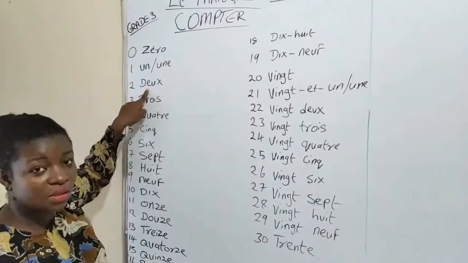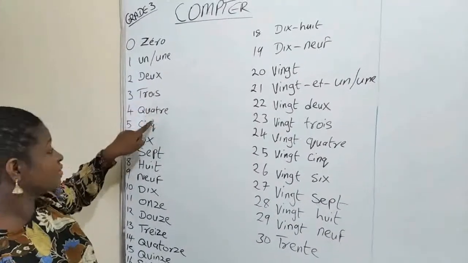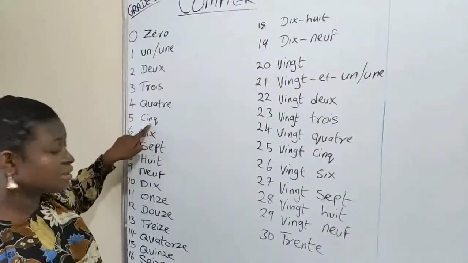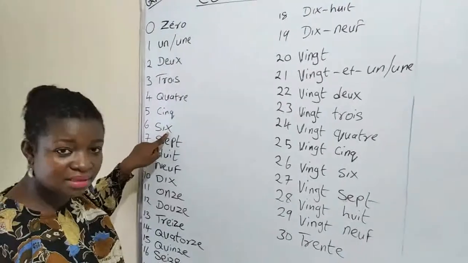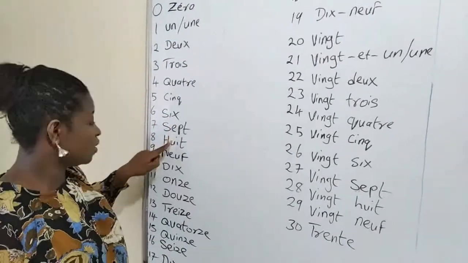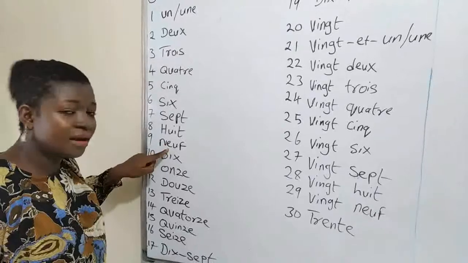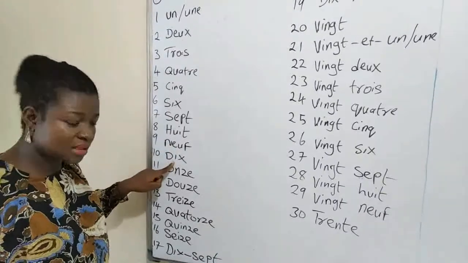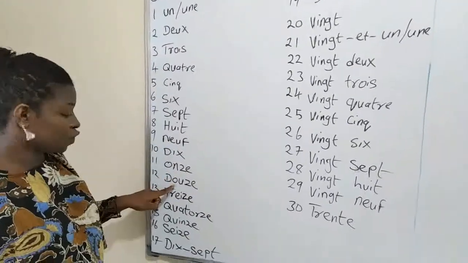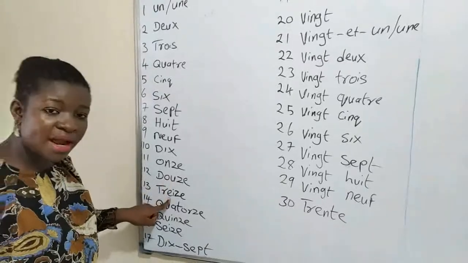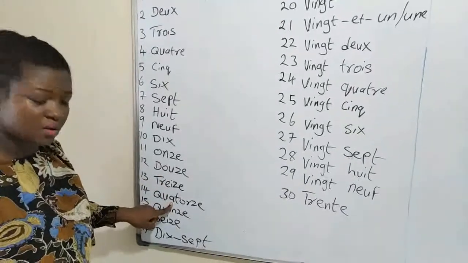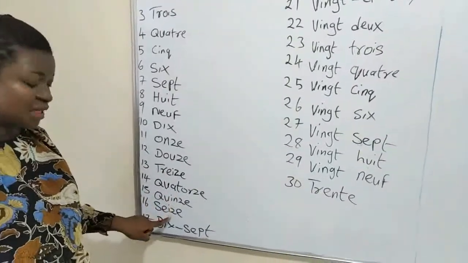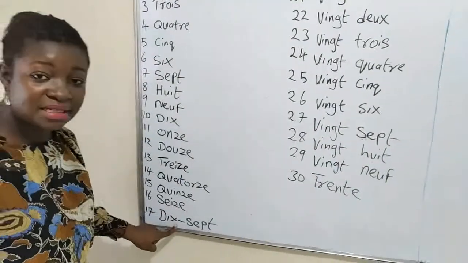We have deux, trois, quatre, cinq, six, sept, huit, neuf, dix, onze, douze, treize, quatorze, quinze, seize, dix-sept,